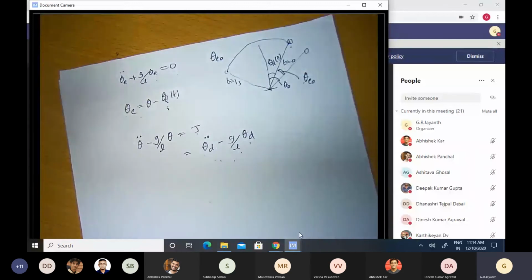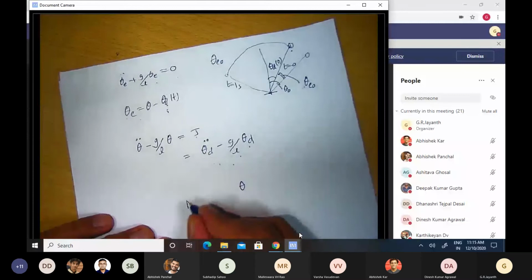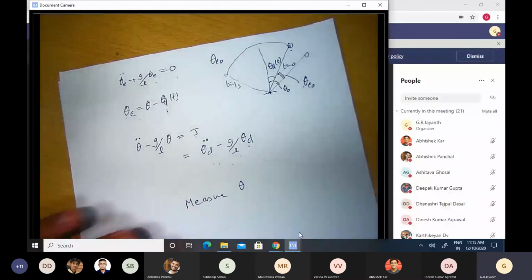So let us say I had information about what it's actually doing. In other words, I was able to measure theta. This is a very radical step. This is central to a lot of improvement that can be obtained in solving the problem that we are confronted with. Let us say we are able to measure theta. Then how do we use this measurement? Here is one clever way in which it can be employed.